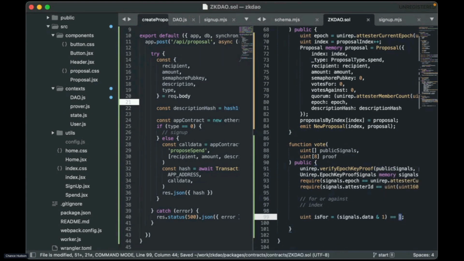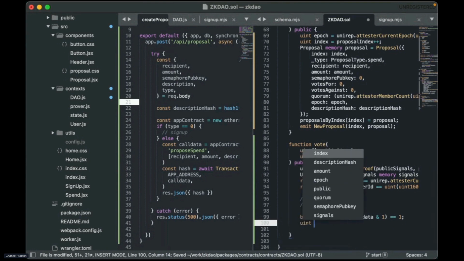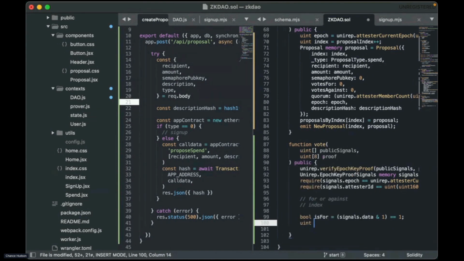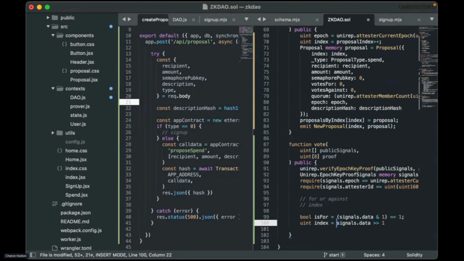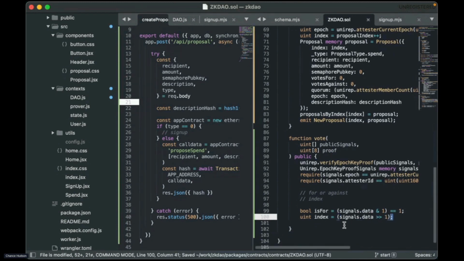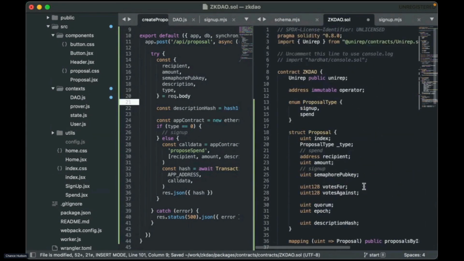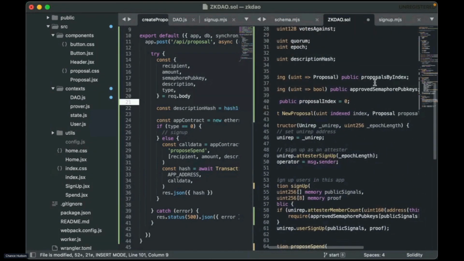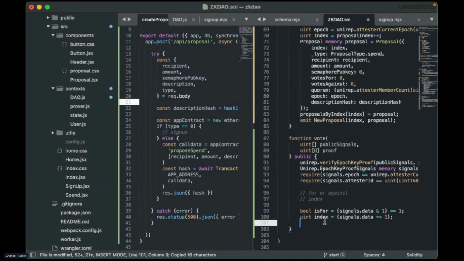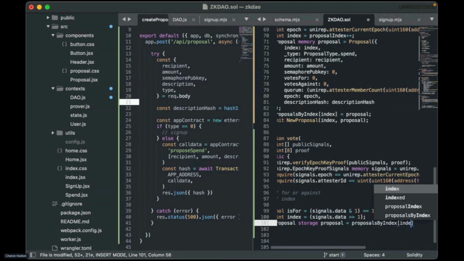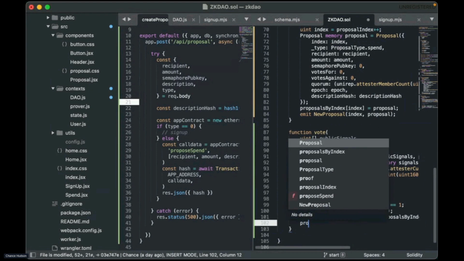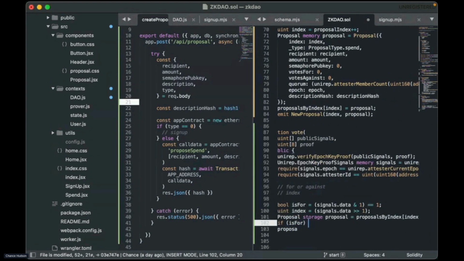And then we'll actually make this a bool. For the index, we'll use the remaining bits, so index will just be signals.data shifted to the right by 1 bit. Now we have our index and our for value. Cool. So we want to grab our proposal index, and we'll vote on it like it's for.